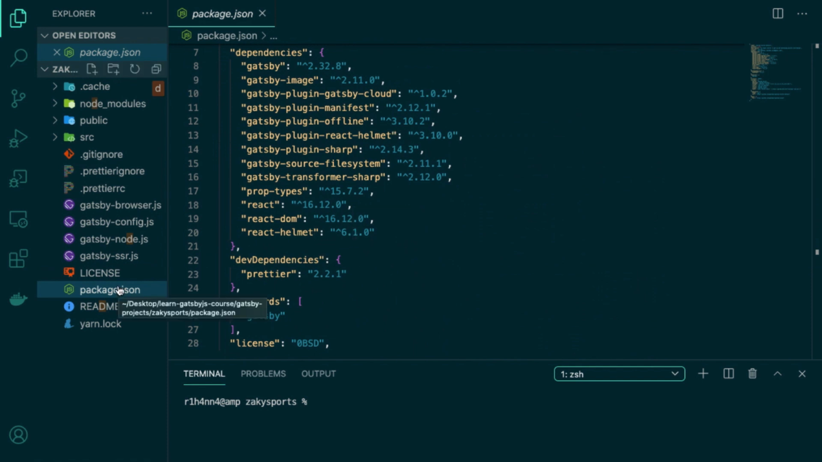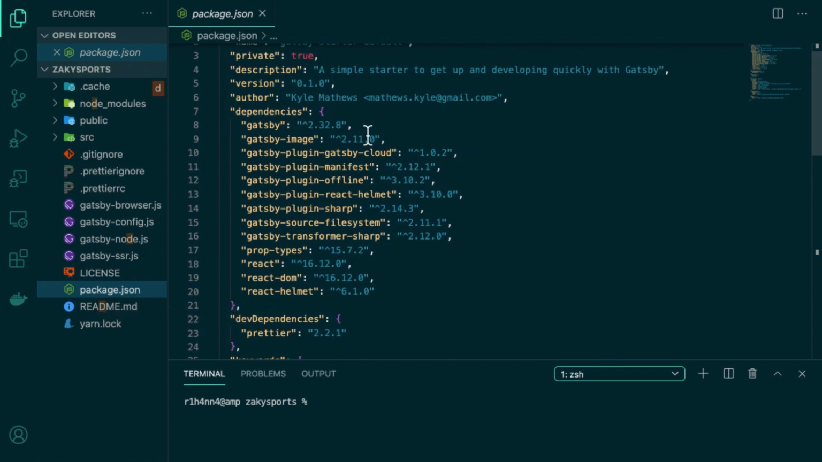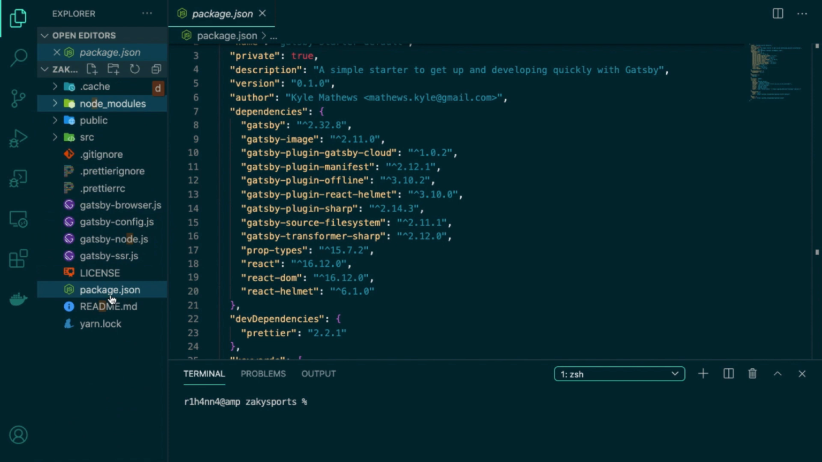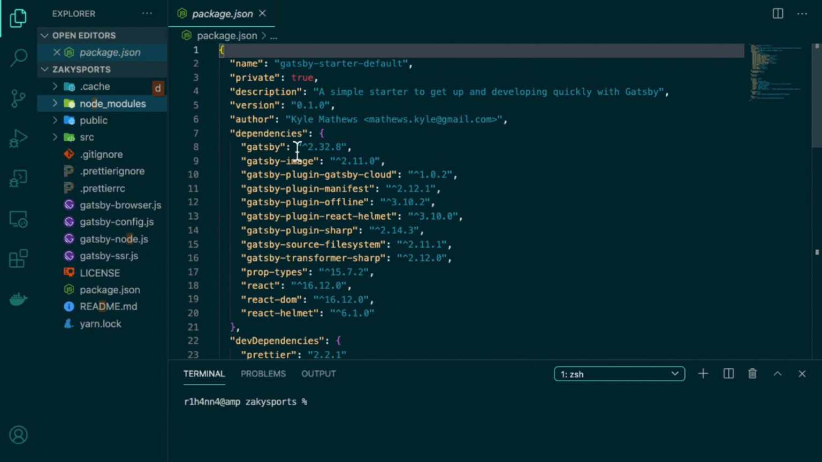One thing to note is that when you delete your node_modules folder, you already have a list of all the dependencies in this file. You can reinstall these dependencies by running yarn install if you're using yarn, or npm install if you're using npm, and that's going to recreate the node_modules folder and reinstall all these dependencies. So it's important that you keep track of the things in this file